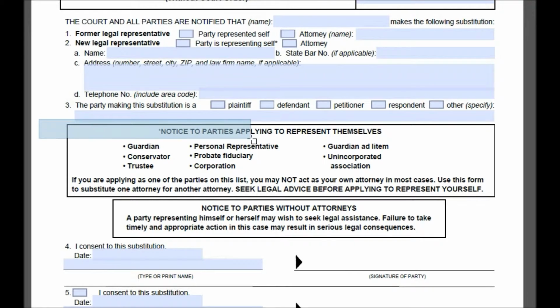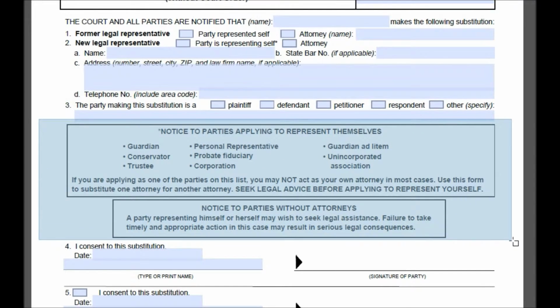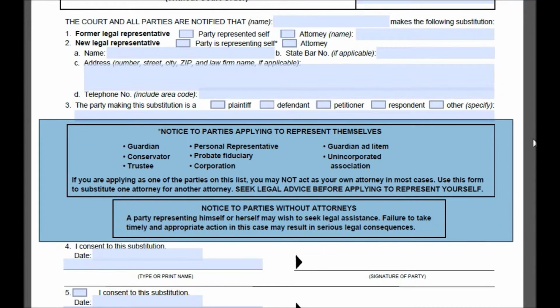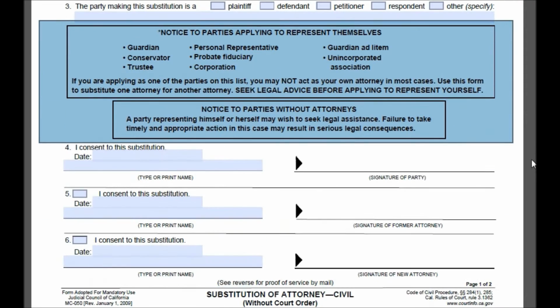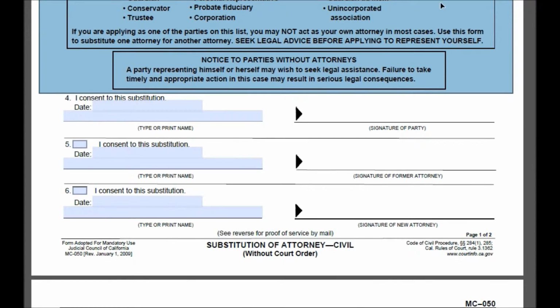So this box right here, or actually these two boxes right here, those are disclaimers that everybody should read, of course, but it basically says that number one, there are certain restrictions on your ability to substitute an attorney on or off. And hypothetically, if you do change an attorney or you get rid of your old attorney, and you're not going to replace him or her, there are some risks that you have, I guess, by going forward on the case on your own. So hopefully that made sense.